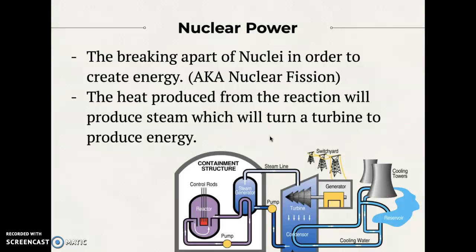So this is when you break apart the nuclei in order to create energy. So it's also known as nuclear fission. Anytime you're breaking apart the nucleus in order to generate electricity from the bonds in the nucleus, that would be nuclear fission. This produces heat from the reaction, which will produce steam, which will turn a turbine to produce the energy. All right, so if you look down here at the picture below, you're going to have a reactor where